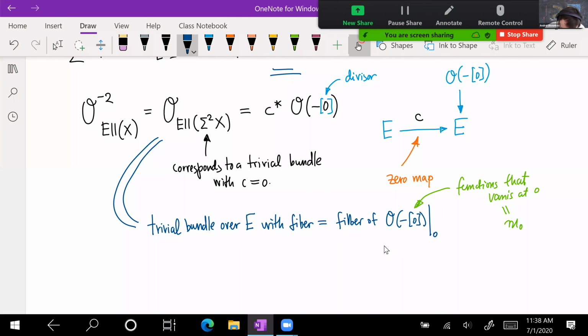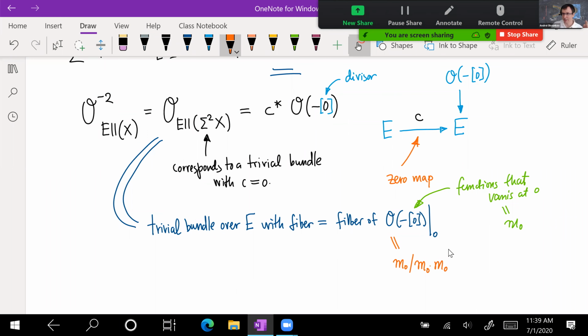And so this means that we want to compute a fiber of a line bundle, which we have to take this and mod out by m naught times m naught. So that's square, right? This is, want to know